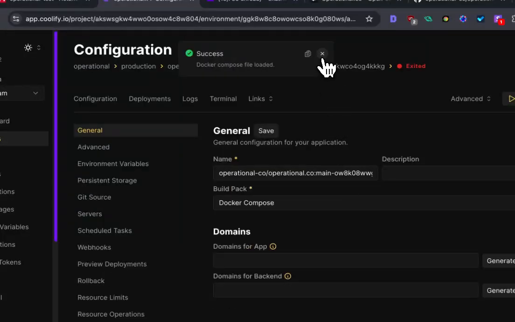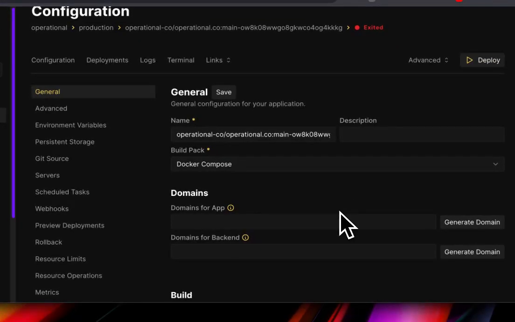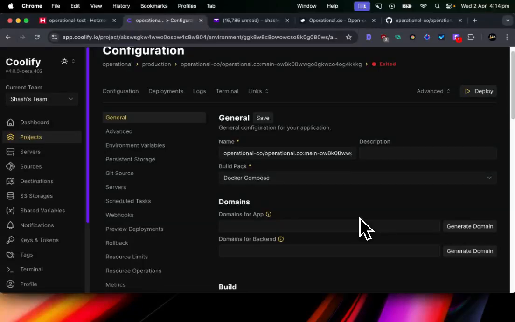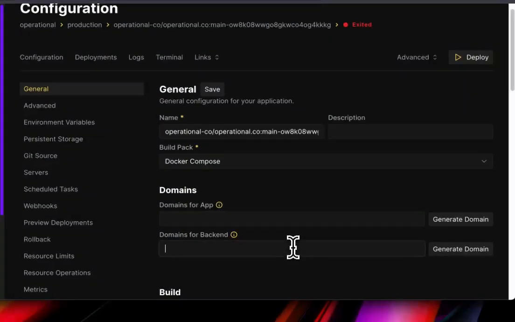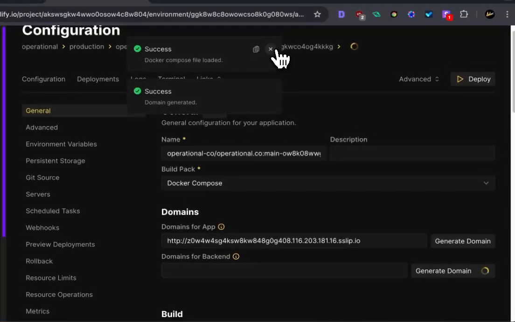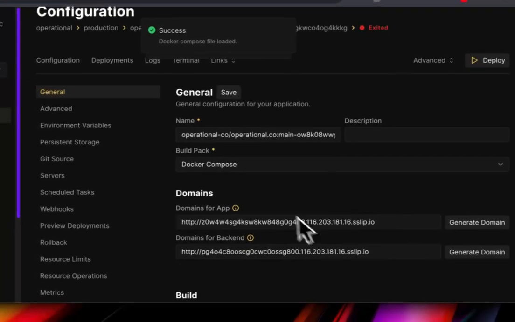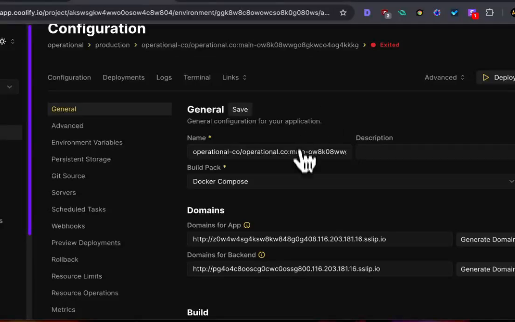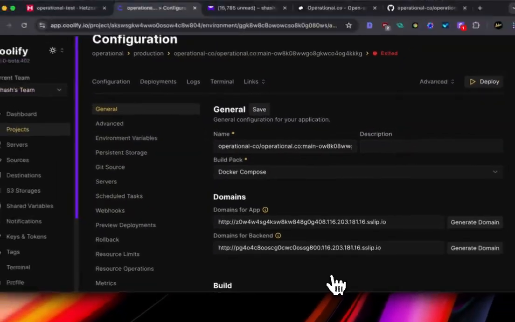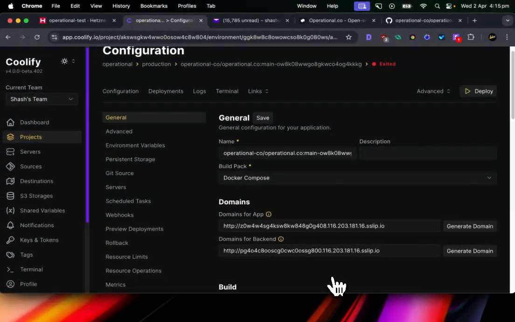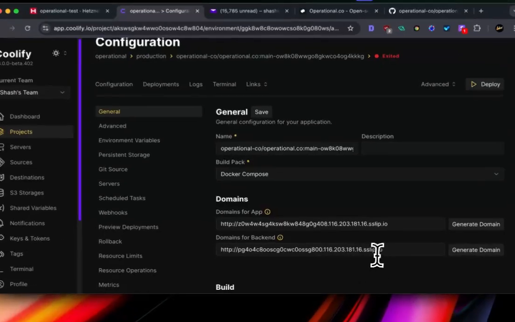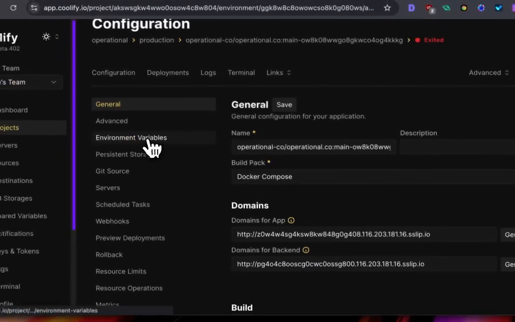Before we do that, we need to set up domains. Now, I'm not going to go into the complexity of domains. You can basically put your own domain over here, and that should work. But for this example, we're going to click on generate domain. And Coolify is going to give us 2 domains, and we can use them. We need 2 because the app is the front end, the user interface, and the backend will be the API where you basically pass your events, right? So we're going to copy this, the backend one, go to env vars,